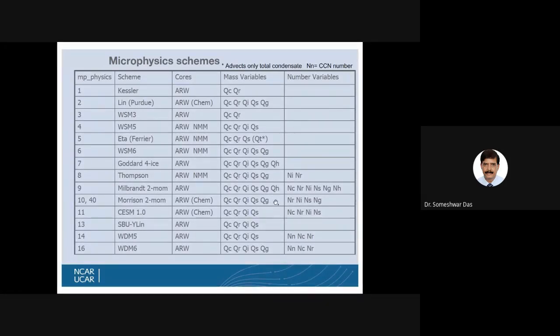Especially this scheme as well as the Goddard 4-ice scheme also has the hail option. Some of you who are from Delhi, maybe Hitesh or Anish, might remember the 7th February case of hailstorm in Delhi, Noida.